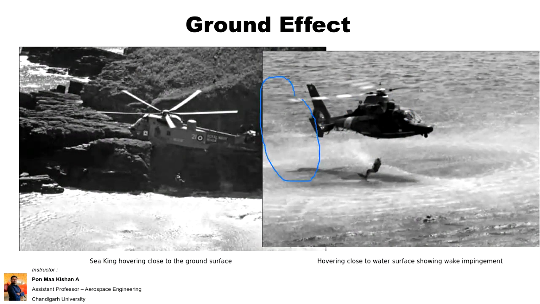will form a wake, and it will try to circulate and re-enter from the upper side, which is a big disadvantage for our helicopter, because the drag will be more, so the pilot has to generate more lift. So the altitude plays a major role in terms of ground effect.